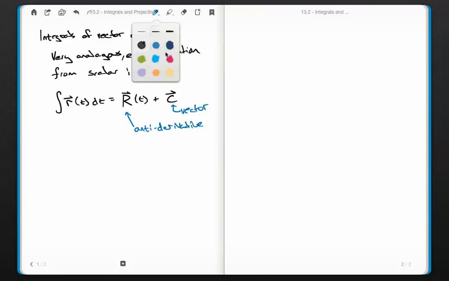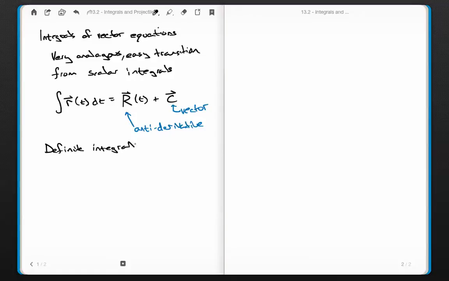If we move on to the definite integral, it looks even more familiar. I might have to spread this over 2 lines, so I'll just be safe. The integral of the same thing, but this time we're going from a to b of r of t is going to equal the integral from a to b of f of t. Remember, f was the thing that we applied to the i component, and so that gets stuck with the i,